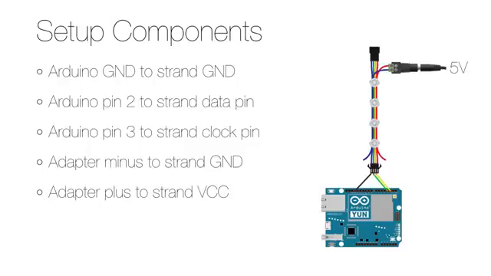connect the Arduino ground to the strand's ground, the Arduino pin 2 to the strand's data pin, which is usually yellow or white, the Arduino pin 3 to the strand's clock pin, which is usually green, the power adapter minus to the strand's ground, and the power adapter plus to the strand's VCC. The last two you connect via the female connector. And I put a link in the description to an excellent page by Adafruit with more details on how to